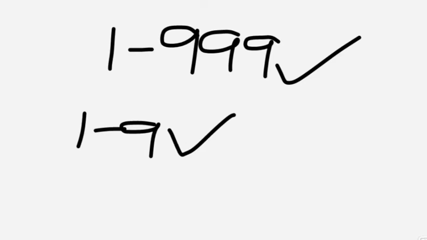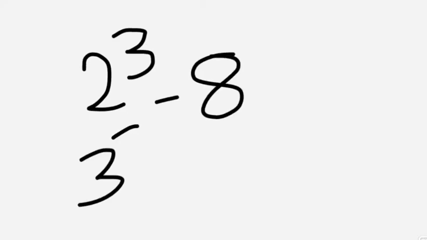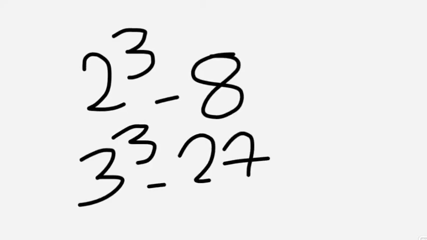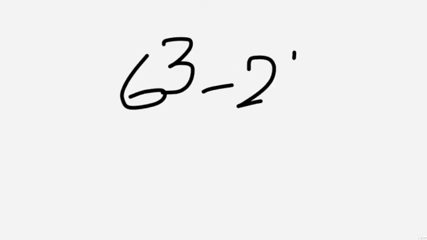In this session, we are going to learn cubes 1 to 999 cubes. So, in order to learn till 999 cubes, first you have to learn 1 to 9 cubes properly. So, we all know 1 cube would be 1 and 2 cube would be 8 and 3 cube would be 27, okay, and 4 cube would be 64 and 5 cube would be 125 and 6 cube is 216,